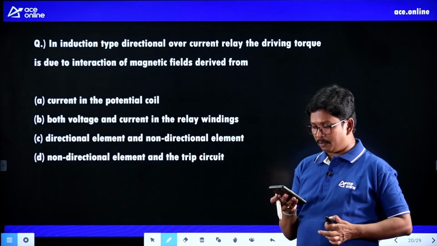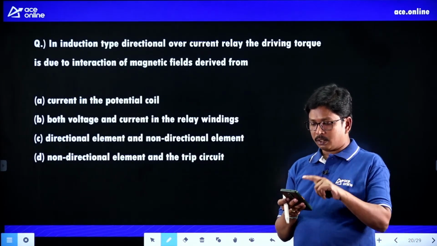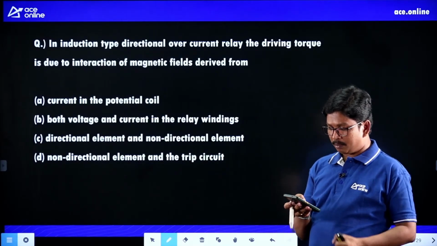Yeah, Patel, we have already discussed that one. So we already said, right,